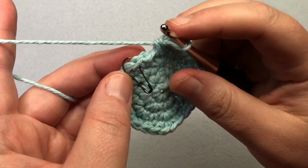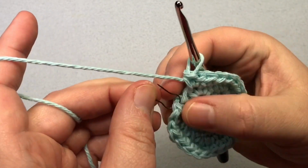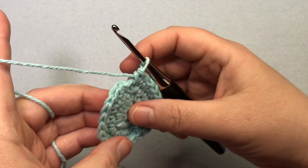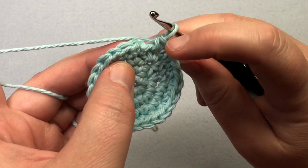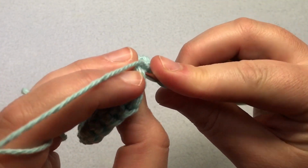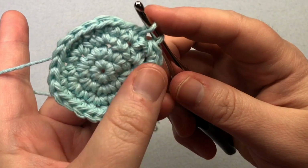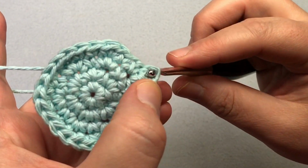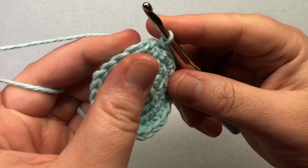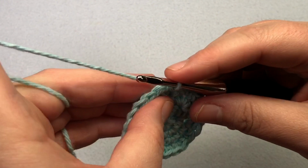All right, so we're at our 24th stitch, and there it is. And if you did the stitch right below where that chain was, then you'll have a little bit more of a gap over here. It's still the right amount of stitches. So you can always just count to double check, and we're going to slip stitch that at the end to the first single crochet. And now we're going to do the 5th round, which is chain 1,